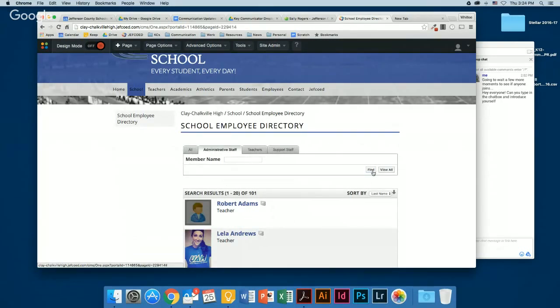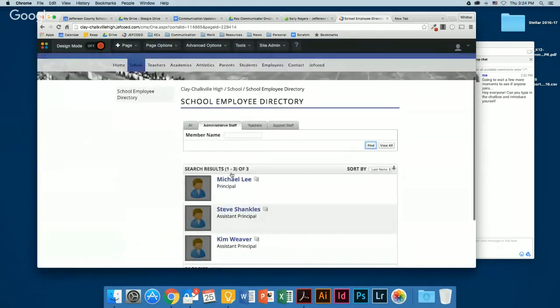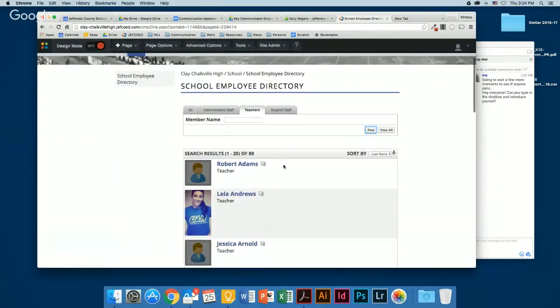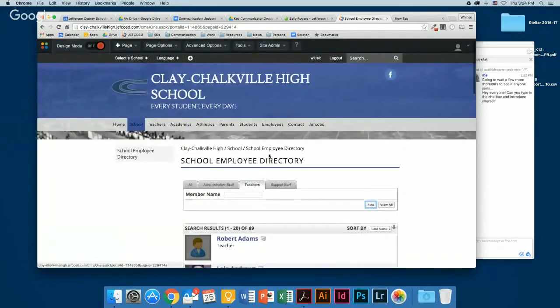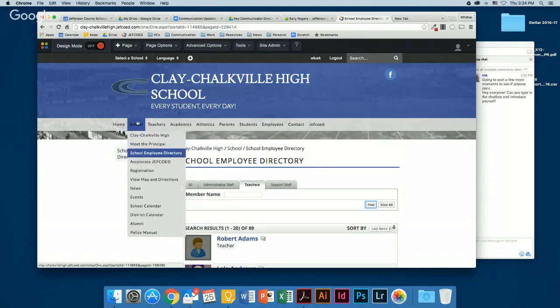You have to click find, and then it populates how it should. So they're also working on updating this. Documents will be updated first though, and then they're working on this. So just FYI that those two things are going to be improved.